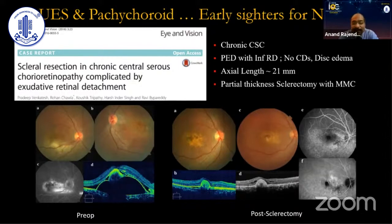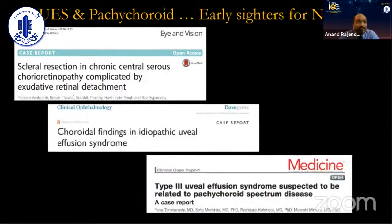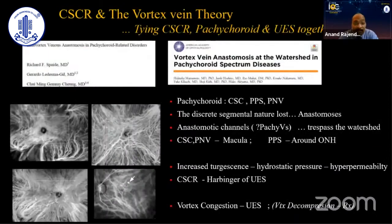And a little while later, George, my brother in arms for CSCR, will also show an excellent case, and I won't steal his thunder by talking more about it. But there have been more cases in literature, stray reports, which have added credence to this theory that UES and pachychoroid may be linked. More recently, as Rishi has pointed out, the vortex vein theory promulgated by Spaide and coworkers,